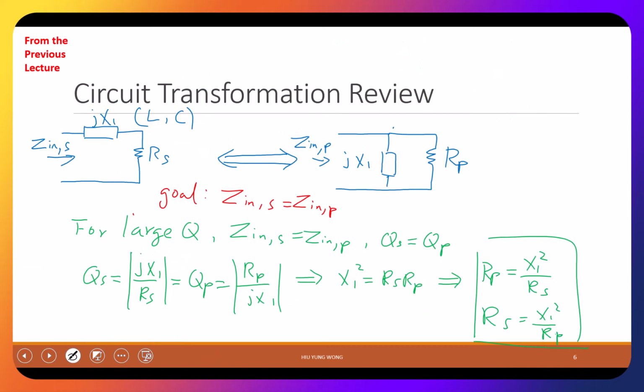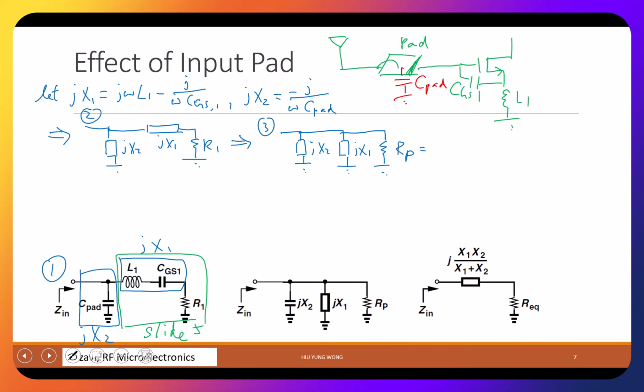Very good. Do you remember the equation now I'm showing you? X1 squared over R1. Right? So RP becomes X1 squared over R1. So what I'm trying to say is, this circuit is the same as this circuit if I replace R1 by RP equal to this. Okay, then this is actually just the circuit 3 that we are showing here. Then of course you probably already see that I can just combine the two parallel elements, right? Yeah. So this becomes